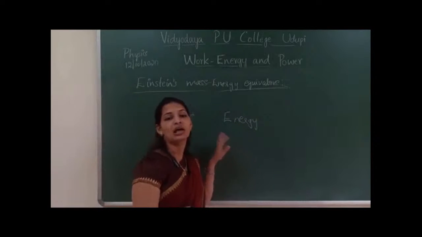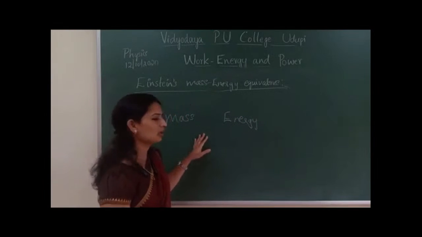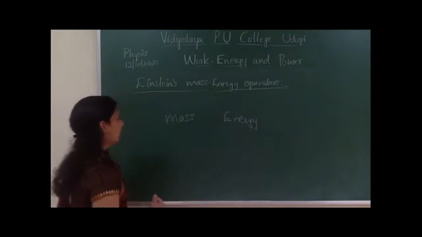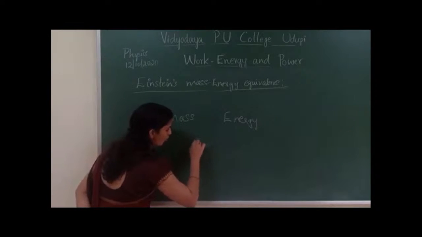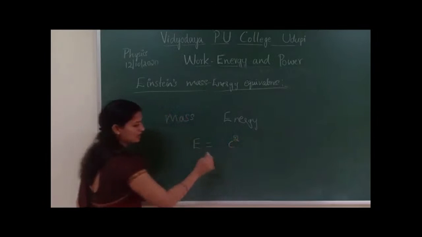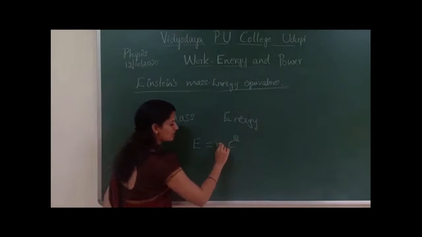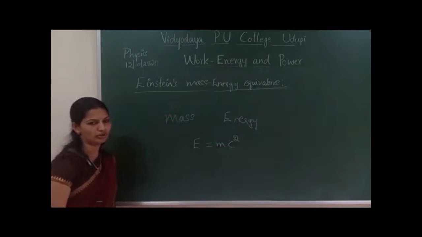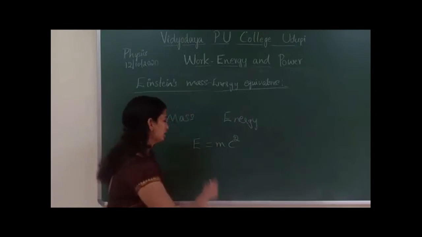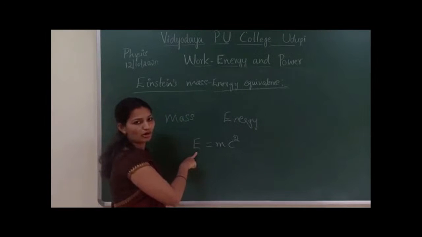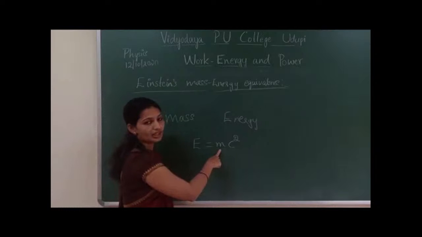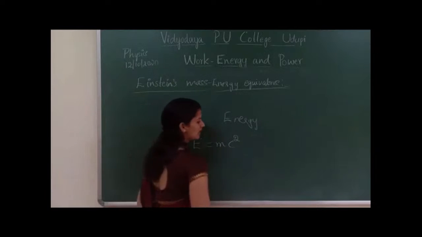He showed in his special theory of relativity that the energy of a moving body is c square times the mass of the body, where c